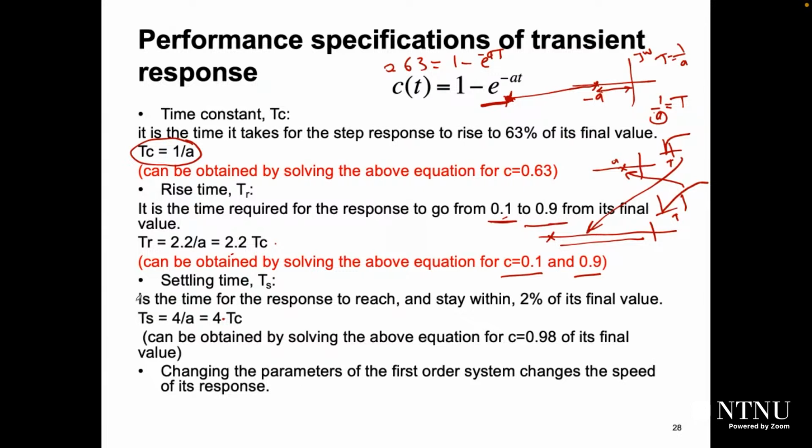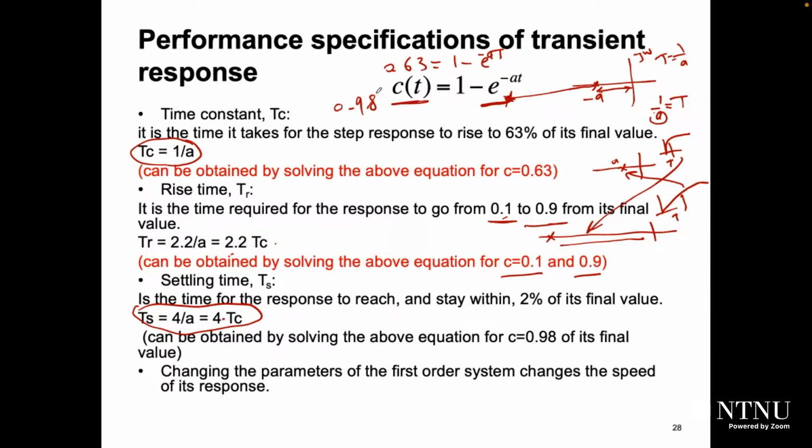If you want to get this exact solution, you need to solve this equation for C equal 98% of the final value, which is 0.98. Changing the parameters of the first order system will change the speed of its response. So if you can change A, you will be able to change the response of your system. And this is possible, right? If we can close the loop,